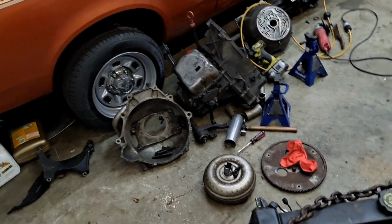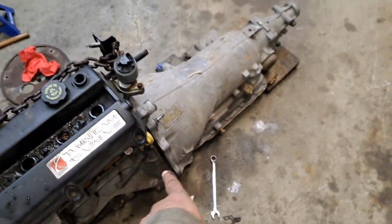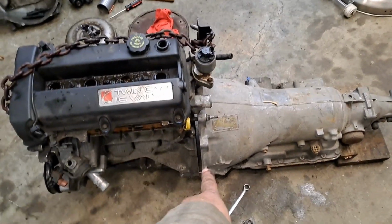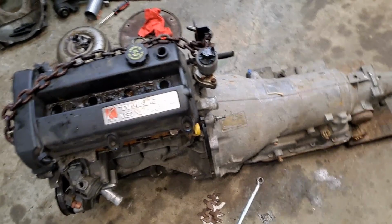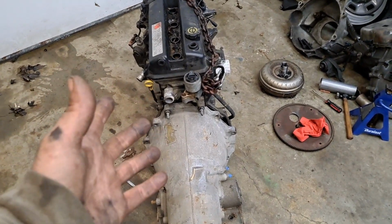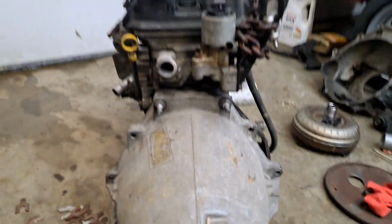So now we get to the fun part. You'll notice that it is sitting apart, and there's a reason for that. The reason for that is because the dowel pins do not have a home in the bell housing on this transmission. Saturn's transmission pattern is, for all it's worth, a modified lambda pattern. And what you get here as a result of that is